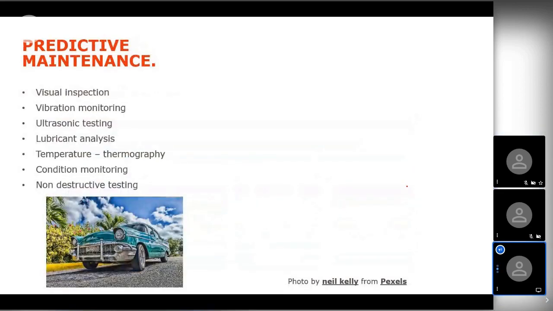Predictive maintenance is one way to do it, one way to improve it. Okay, so if it's going to be a random failure, what's the point of changing it over when we don't know when to change it? We can't let it fail if the consequences are too high. So let's try to predict when the failure is going to occur. Visual inspection, oil change, oil checks, temperature checks, condition monitoring, non-destructive monitoring and testing.